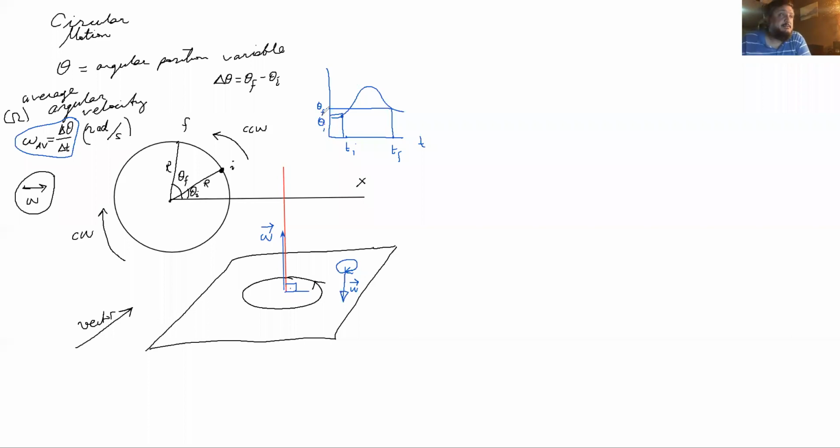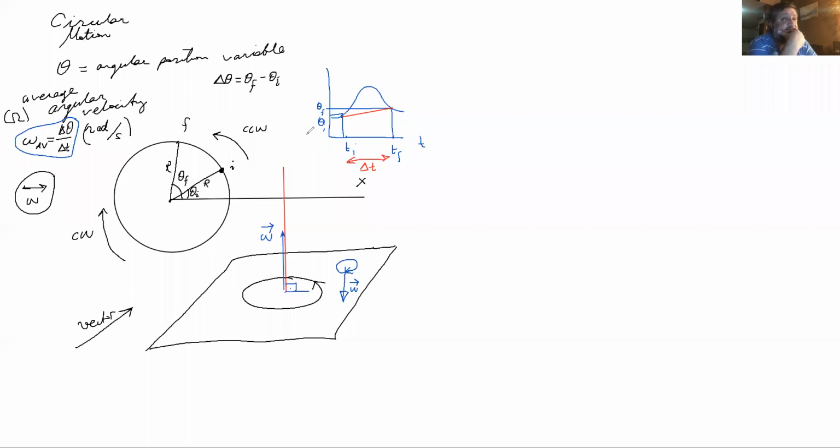Okay, so if you connect these two points, the straight line, like this. The slope of that line is nothing but this angular velocity, right? This is delta theta over delta t. So this is delta t, and this is delta theta. Delta theta over delta t gives you the slope of that red line there, which will